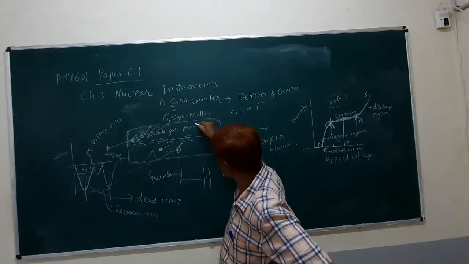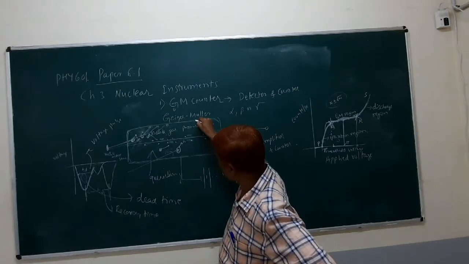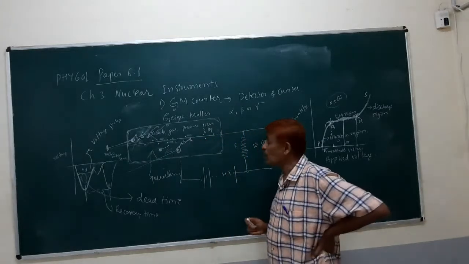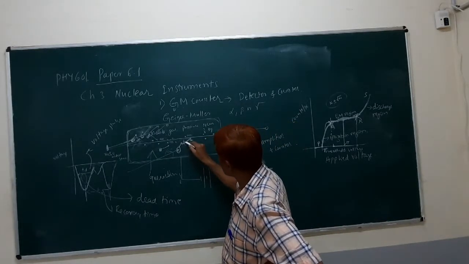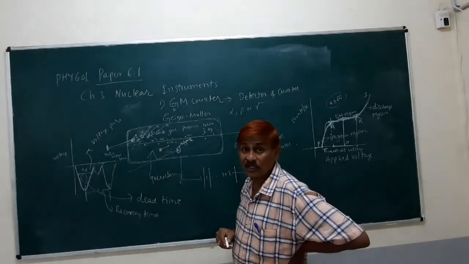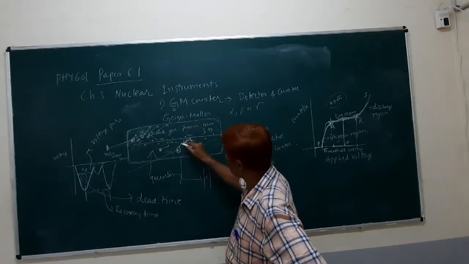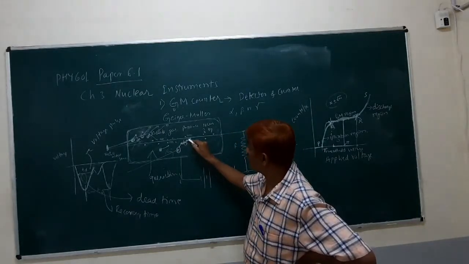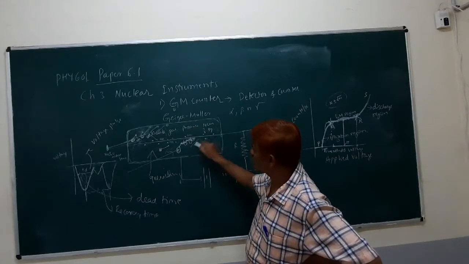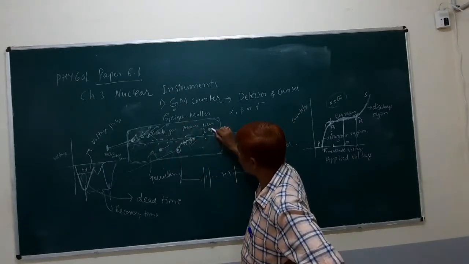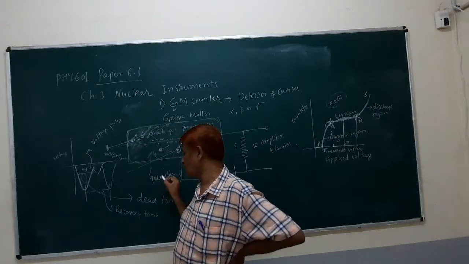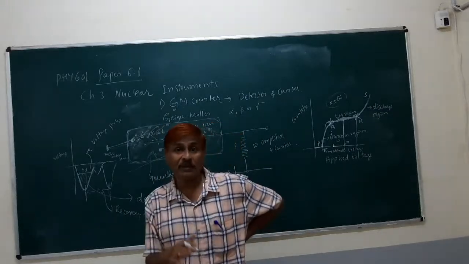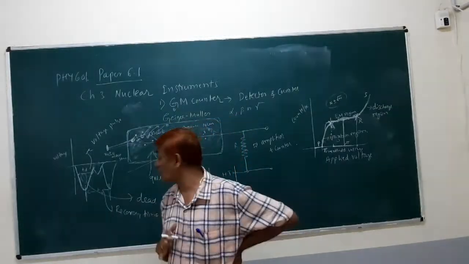But they are accelerated towards their electrodes. The negative electron is accelerated towards the positive electrode, and during this process, being an accelerated, energetic electron, it again ionizes the gas atoms by producing ion pairs. And this again produces more. So there will be complete discharge of the tube, and that is avoided by quenching, or stopping the avalanche of ion pairs produced in the tube.